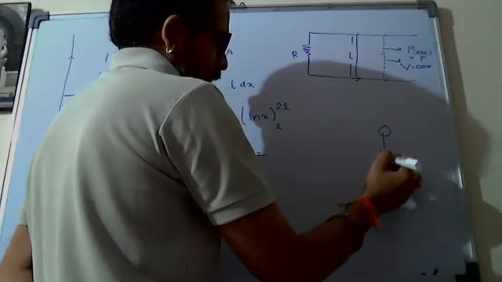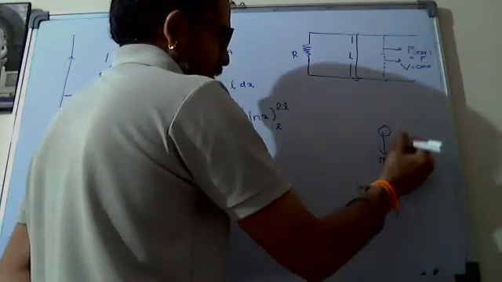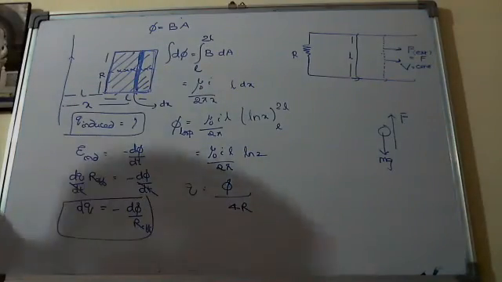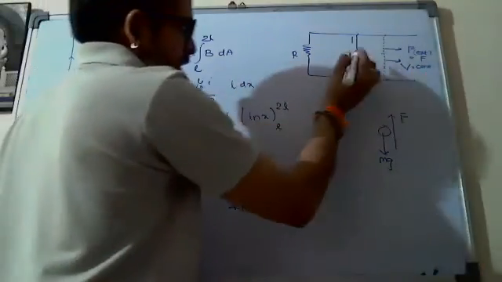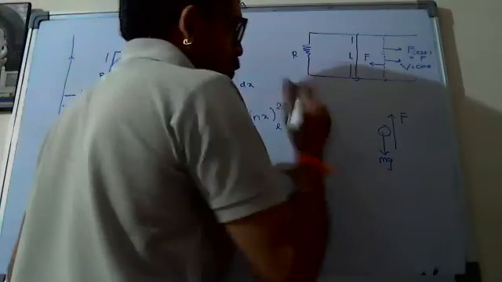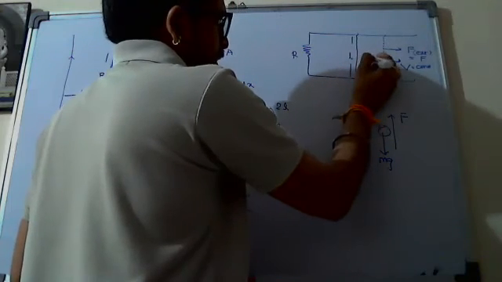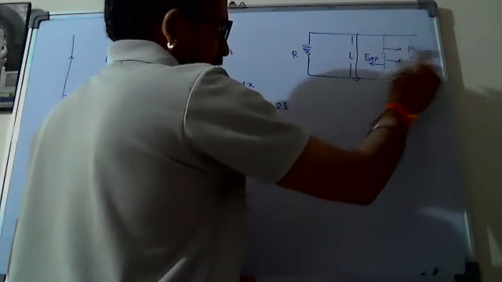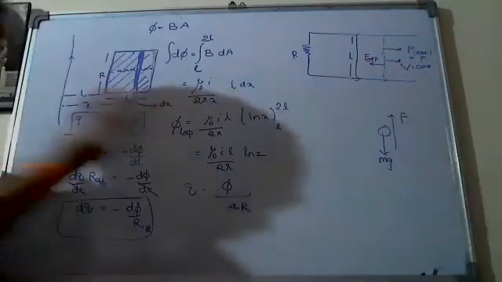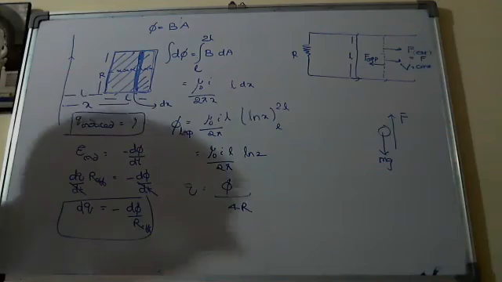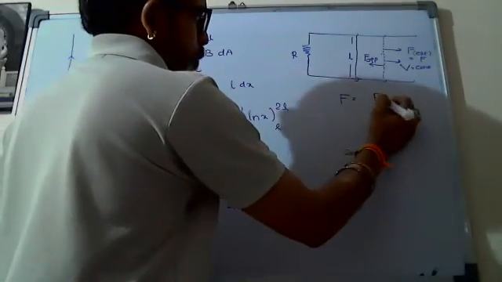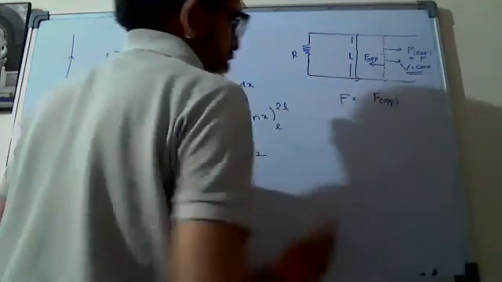Even though the raindrop is falling down, it acquires some terminal velocity, meaning there should be some viscous force in the opposite direction. In the same way, here it is able to move with a constant velocity, meaning there should be some force which is opposing the motion. Who is that force? If you are able to calculate this opposing force, then while traveling with a constant velocity, meaning a terminal velocity, we have to equate the two forces. Net force is equal to 0. Simple logic. So basic theory, I think we understood. The applied force should be equal to the opposing force when it is traveling with a constant velocity.